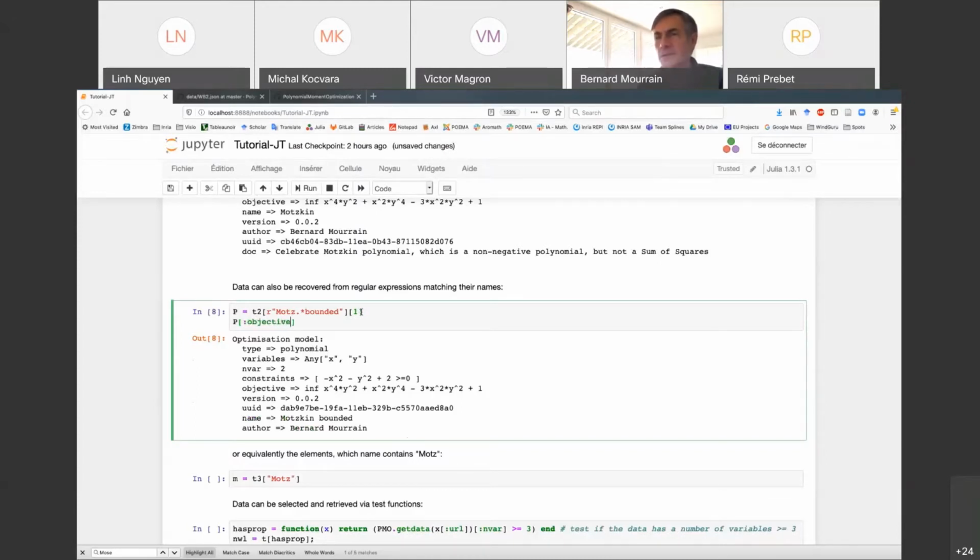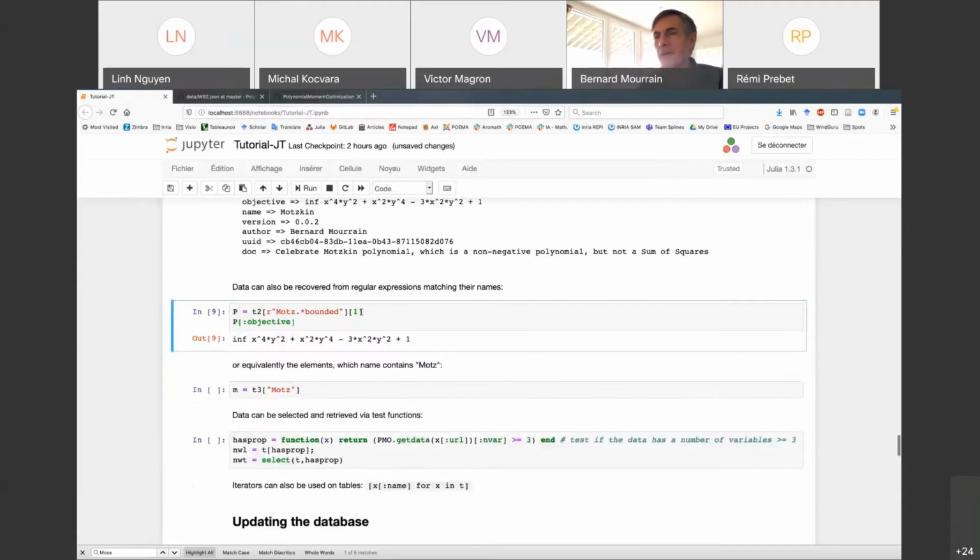It's the attribute objective of this model, which is this one.